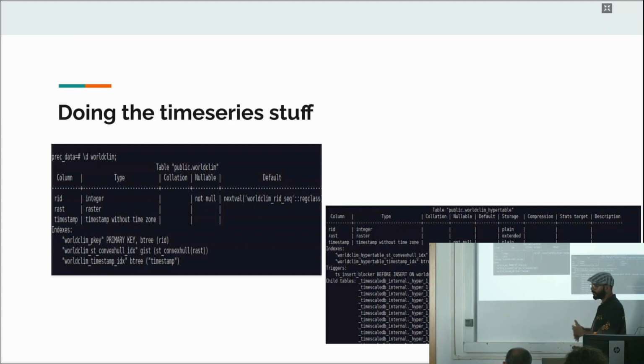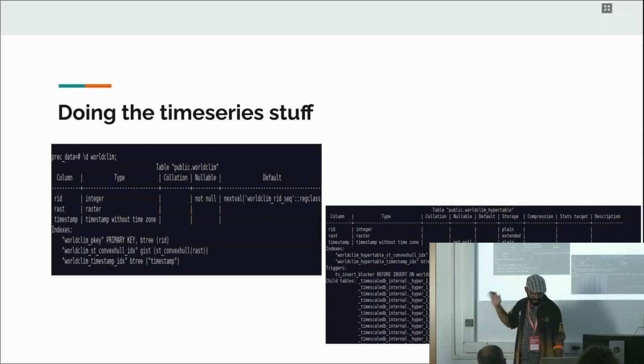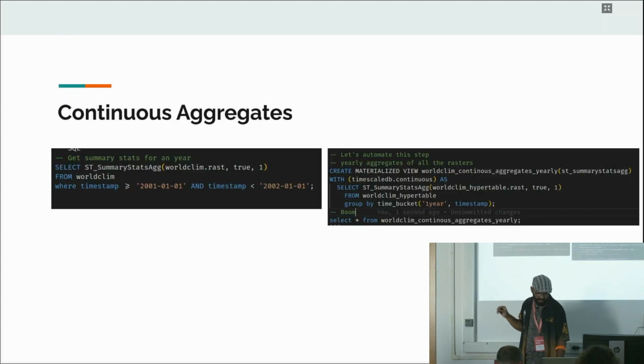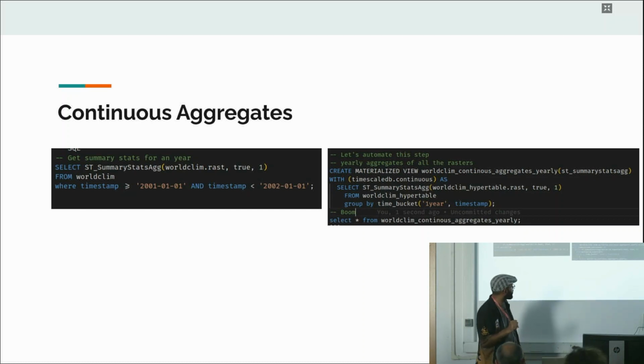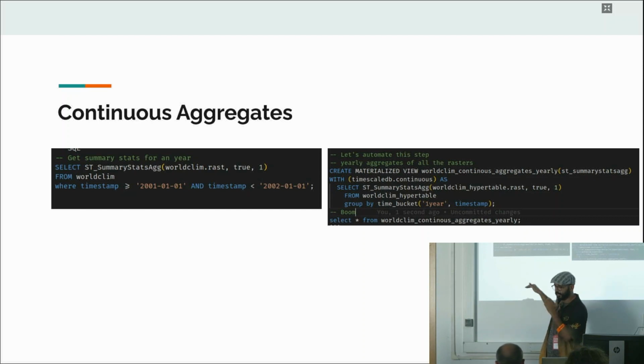When you're working with a lot of time series data, querying and inserting, this makes a lot of difference compared to a standard table with a timestamp. Your data is already partitioned, so your temporal queries will work relatively much faster, since it partitions based on time by default. So that was the time series part, just creating a hypertable so that you have data partitioned based on the timestamp. Next up is another